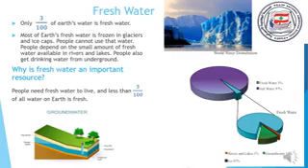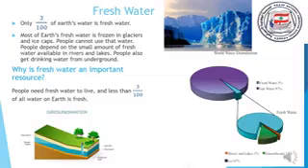So if you look at the picture to the right, it is the pie chart. It shows you that the salt water is 97% and only 3% is fresh water. And in the fresh water, you have the groundwater, it is 12%, rivers and lakes is only 1%, and 87% of the fresh water is frozen in glaciers and ice caps, so it is ice. Why is the fresh water an important resource? Fresh water is an important resource because people need fresh water to live, and less than 3/100 of all water